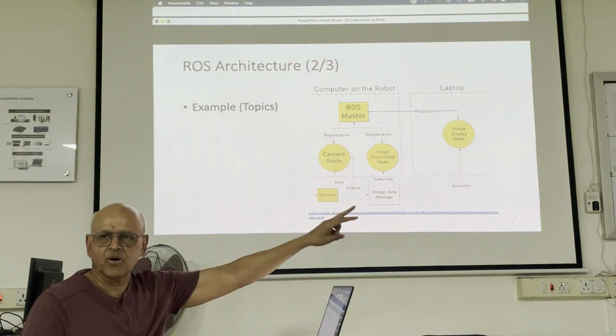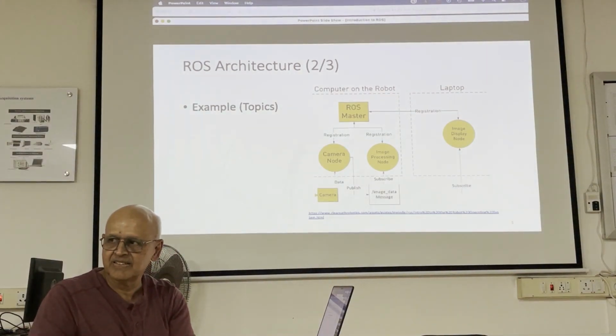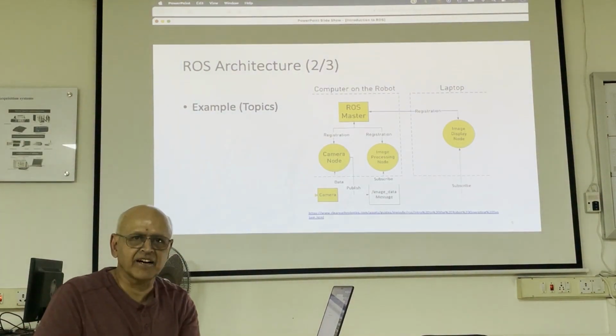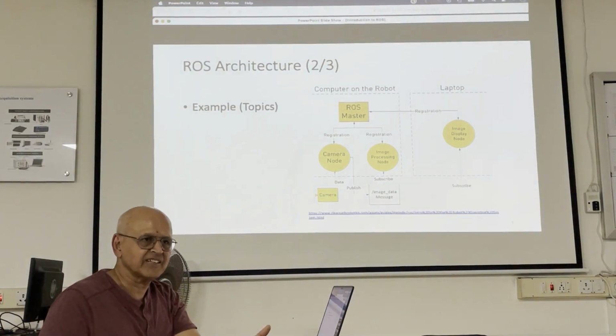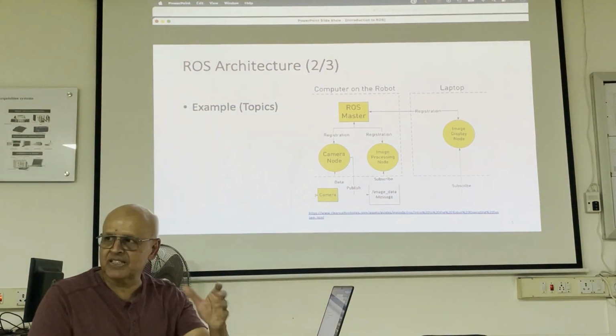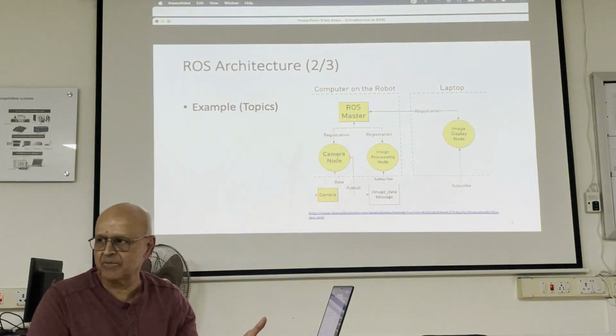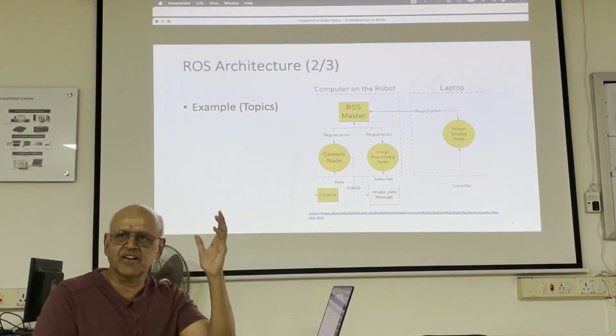When you put it on the bulletin board, do you know that anybody will read it? No. If somebody is interested, they'll read it, right? You can put anything you want on the bulletin board, but you can't force anybody to read it. So you just publish. The publisher can publish without even having one subscriber. Typically it won't make sense to do that, but you can go on publishing and nobody even looks at it,